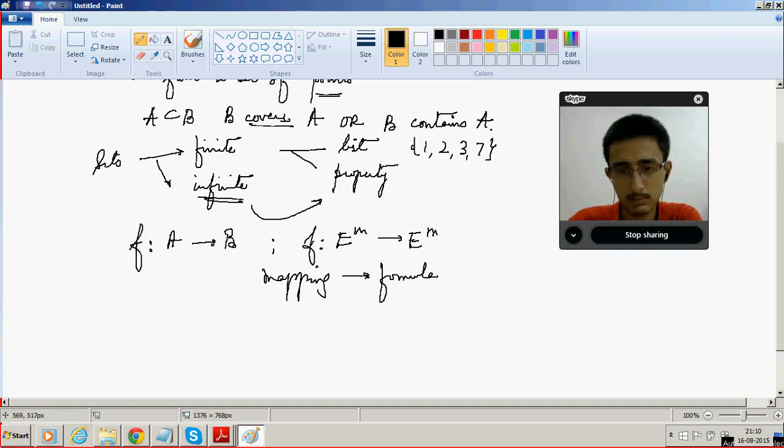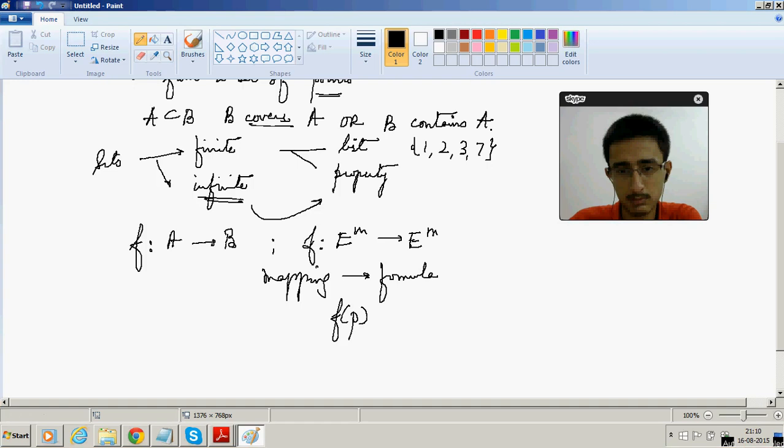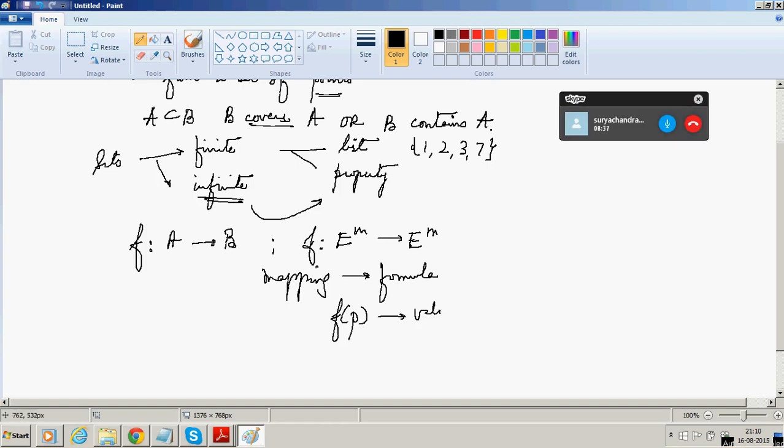So what we have to understand here is that suppose P is a point of the domain, f of P is given, f of P is the value